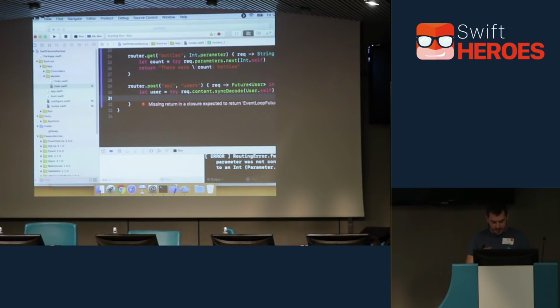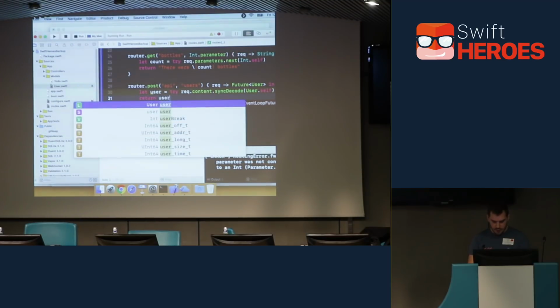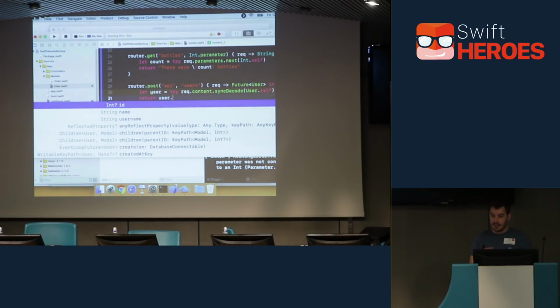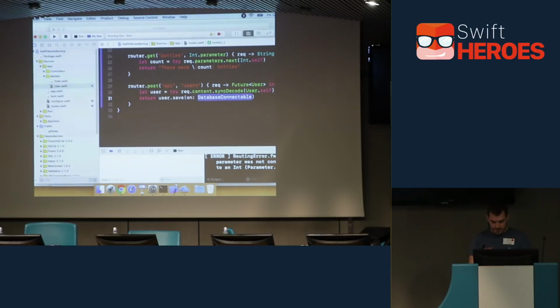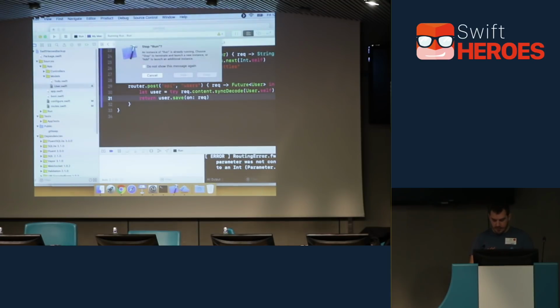So I want to save this in the database, and then return the user once it's been saved. So I can return user.save, and that's everything you need to write. And this will return the user for you. So if I build and run that,